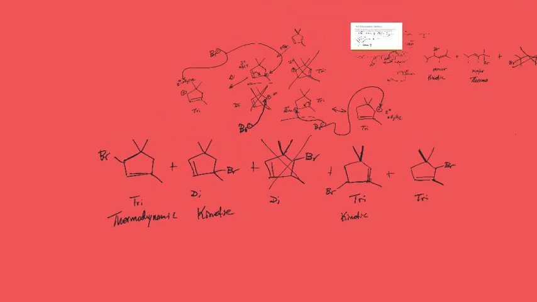You have four possible products, and I'm not sure there's a good way to distinguish which one would be major, which one would be minor. Certainly that one would be the most minor. This one wouldn't be made. But as far as the other three,